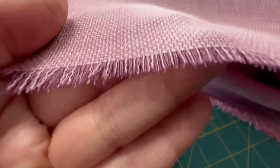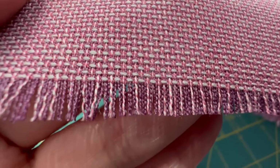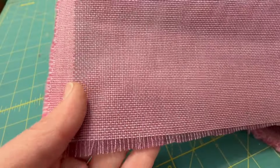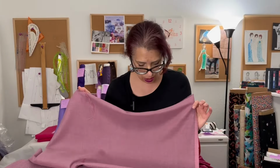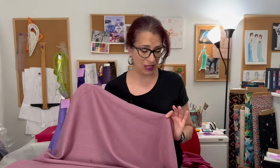You can see it's just basically a basket weave. It's a very, very basic weave, but because of the way the yarns are woven, and you can see how that one is like a white and pink yarn, and then the other one is kind of a plum color. It gives this gorgeous color overall, but then it has a really interesting surface pattern. At a distance, the yarns kind of blend together and it creates this rose color, but as you can see close up, it does have this really beautiful texture to the fabric, which means it's going to be an absolutely